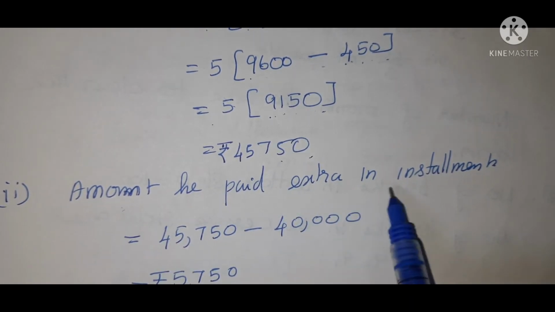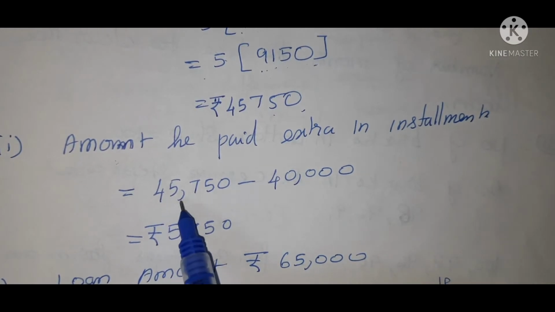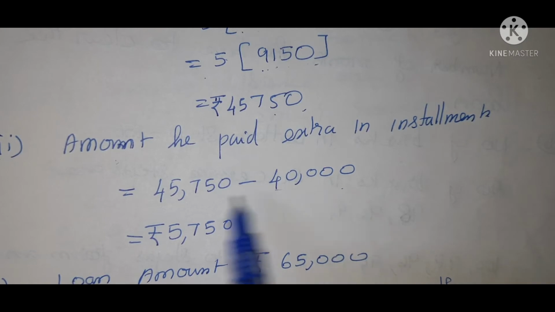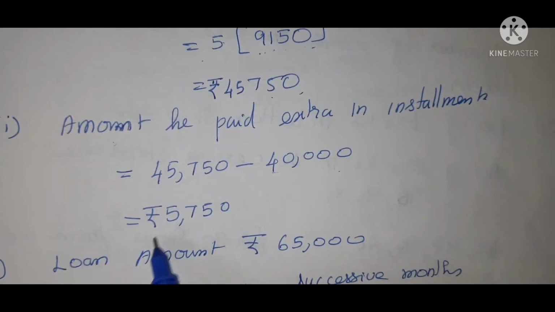Amount he paid extra in installments: 45,750 minus 40,000, the original cost, we get rupees